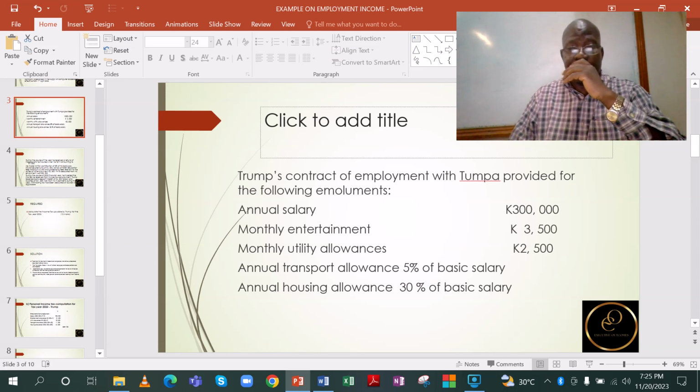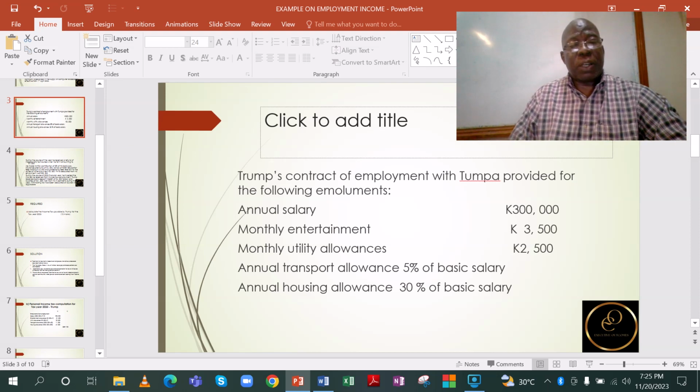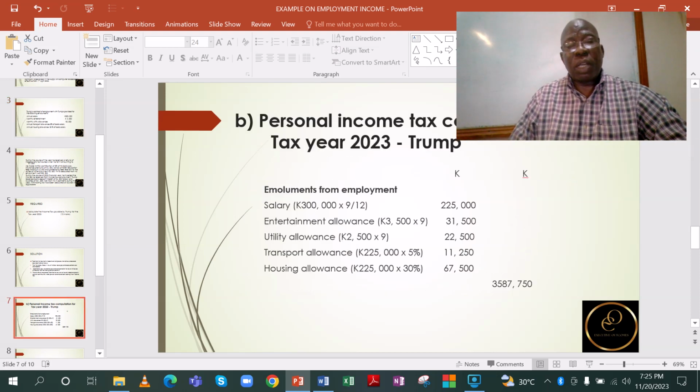So 5% of 225,000 is 11,250 as transport allowance. Then housing allowance also, we are told, is 30% of basic salary. So basic salary 225,000 times 30%, you get 67,500. Meaning that the total emoluments from employment will be a figure of,